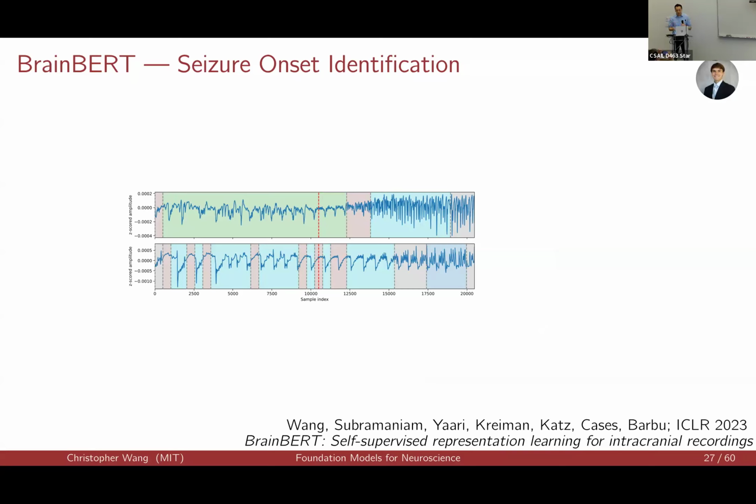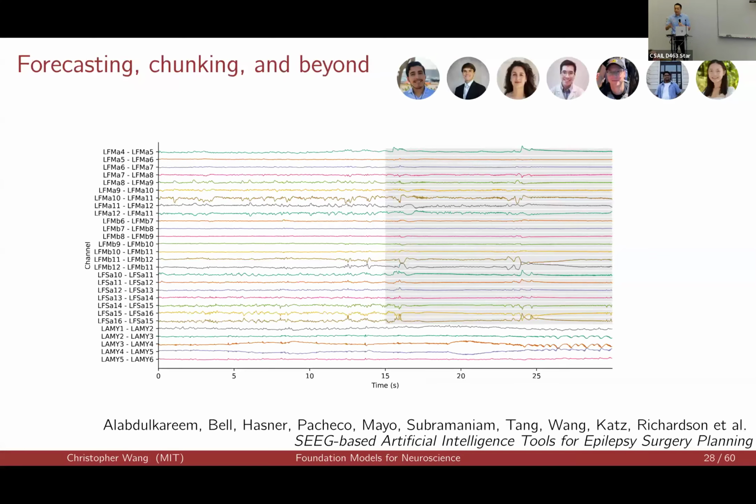Preliminary result, what we're encouraged to see is that the transition points identified by BrainBERT correspond more closely with the annotations of the neurologist, at least compared to baseline like STFT features. Work that we're hoping to continue to do. Lots of people in the lab are involved in this. We wrote recently just 2 grant proposals for this earlier this month.